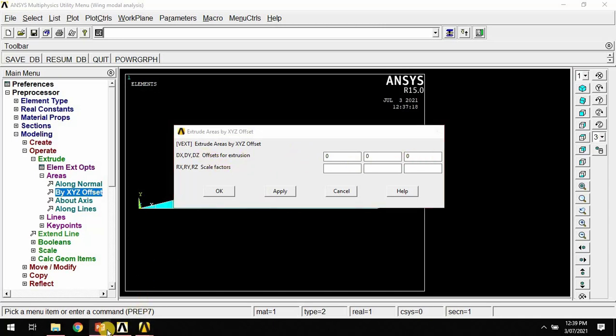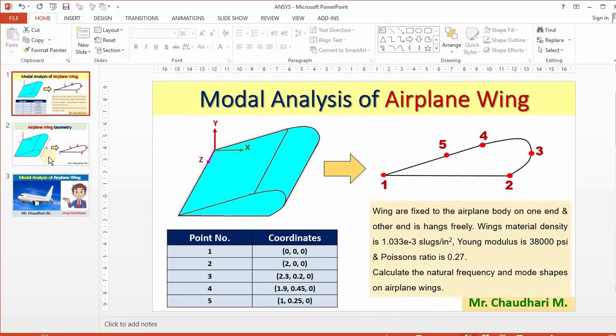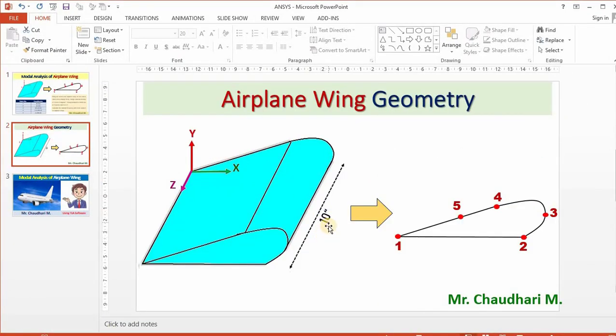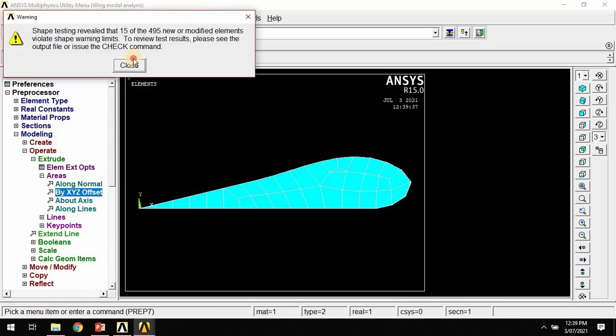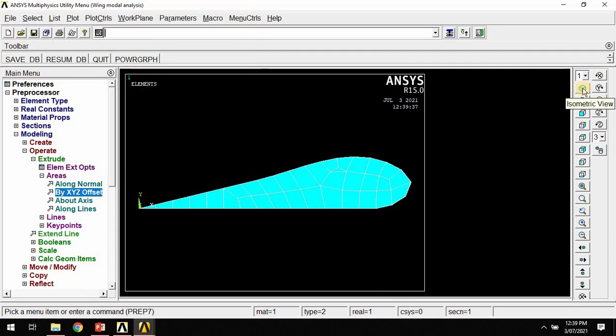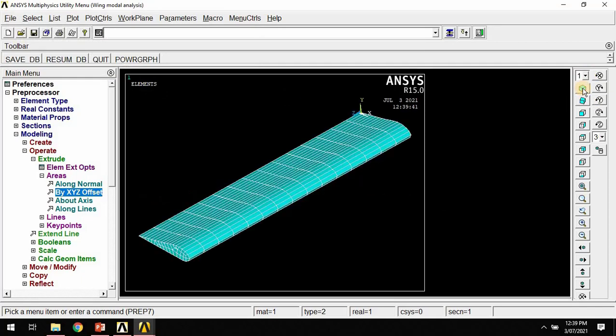Why? Because, one second, see here this is a 10 inch. Okay, so I have value put here is a 10, then okay, close, and change view isometric view. Okay, so this is a aeroplane wings.